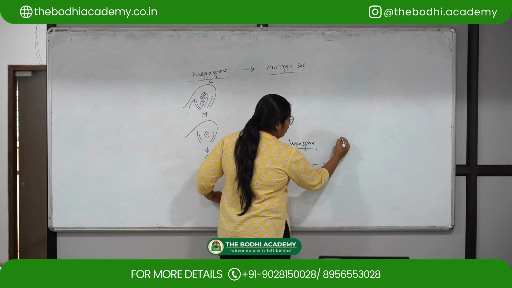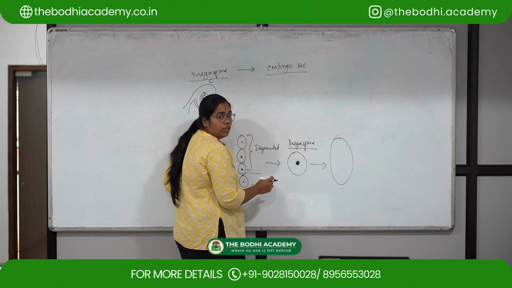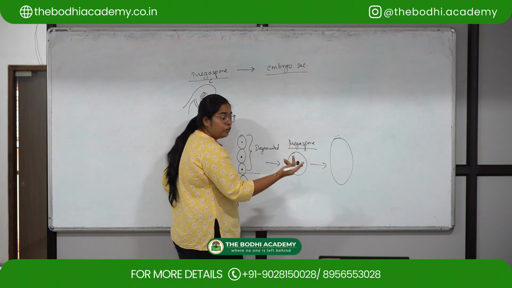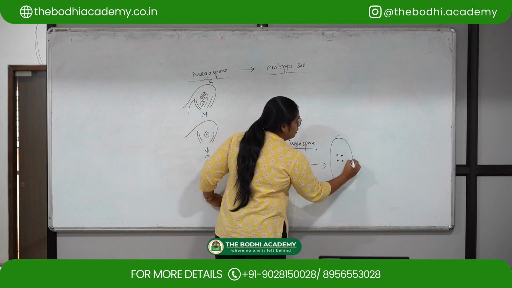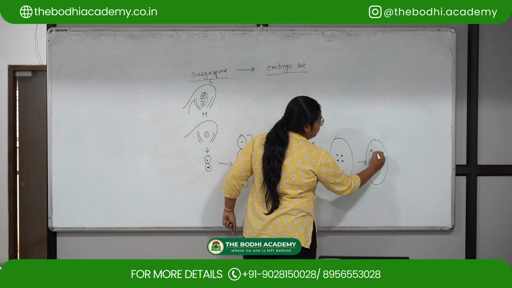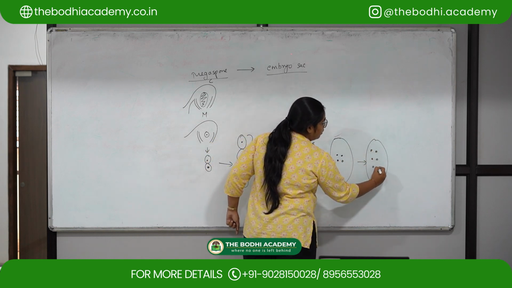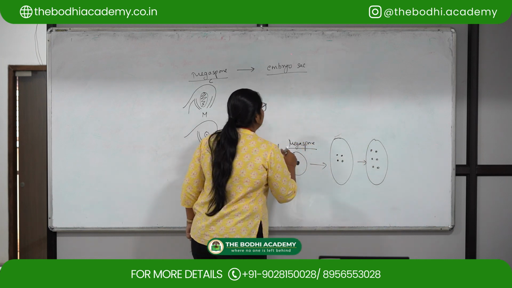That is, inside the cell, now there is one nucleus. This one nucleus will further divide to form four nuclei. These four nuclei will further divide to form six nuclei, and then further it will divide to form